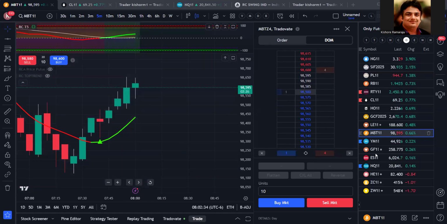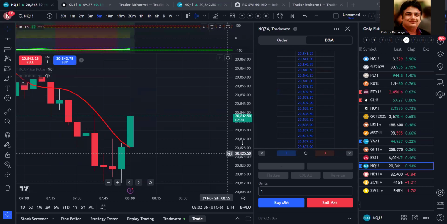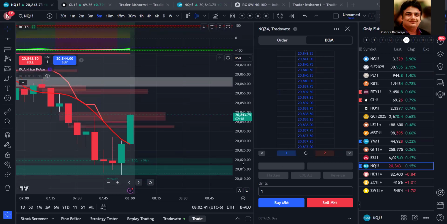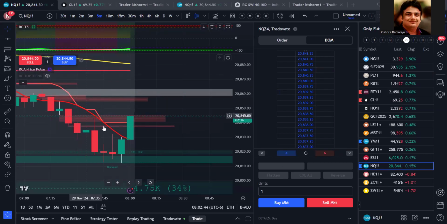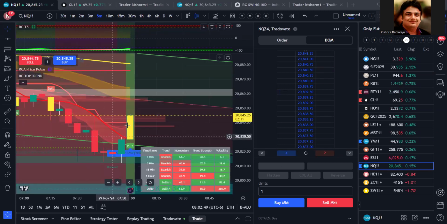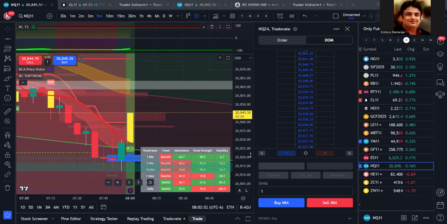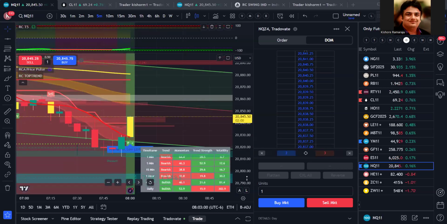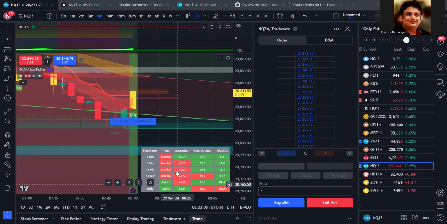But whereas if I go to NQ, it is not giving me the same confidence. Still, there are a lot of red boxes. Still, this line is still red. So it is a risky trade. So instead of doing a long, I will wait for a sell signal on this, or I'll wait for the trend confirmation because still the momentum is red. So don't try to take each and every trade,